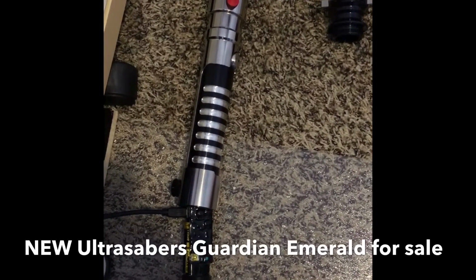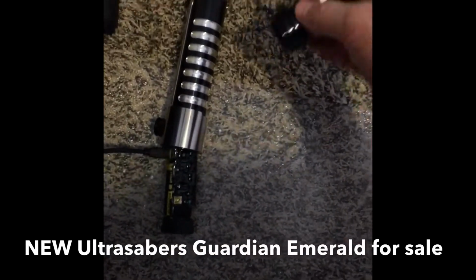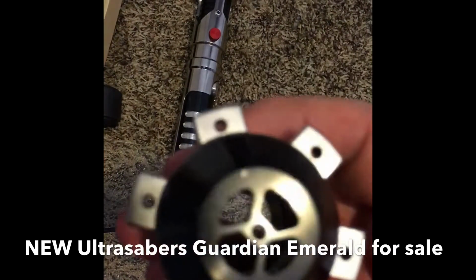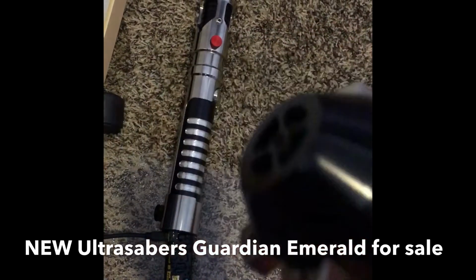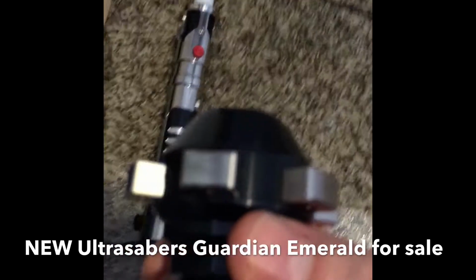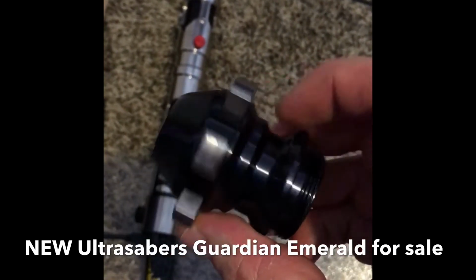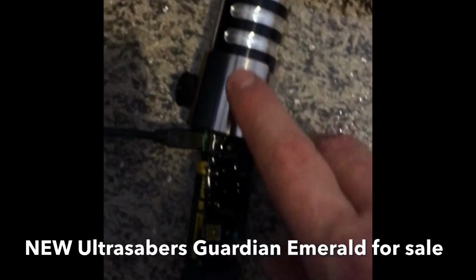without it being connected like this, with the pommel off. This is the pommel here. This is the default Guardian pommel. It's in excellent condition. It's brand new, as I mentioned in my ad. This is a brand new saber. So everything, this is the pommel, perfect condition, pristine, no scuffs or anything of any kind on this. It's beautiful. It's a beautiful pommel. So for right now, getting into the